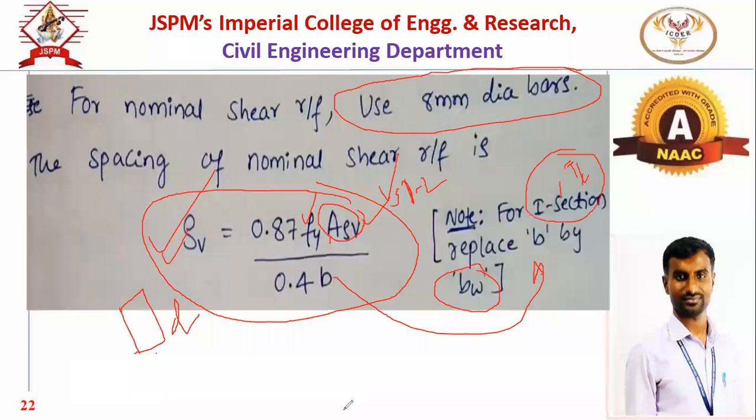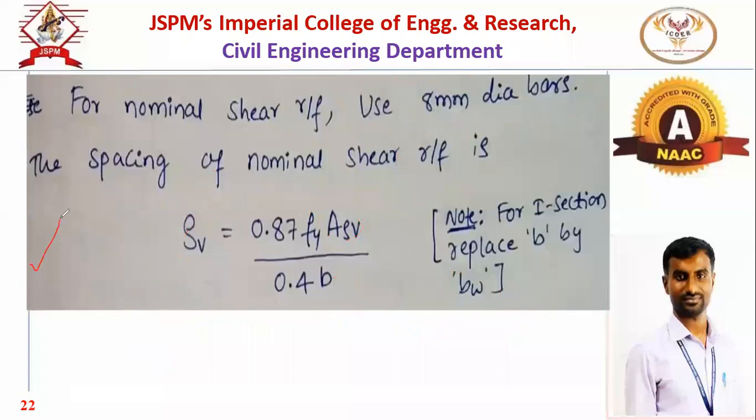In the next session, we will discuss one numerical on the shear reinforcement, how to provide and design the shear reinforcement. After that, we will discuss the design of slabs, one-way slab and two-way slab. I need 3 sessions to complete this unit number 2. In the next session we will discuss shear, then the slab, for which I need 2 to 3 sessions. Then after that, we will discuss the MCQs. So I need 4 to 5 sessions, and next week we will try to complete this unit.